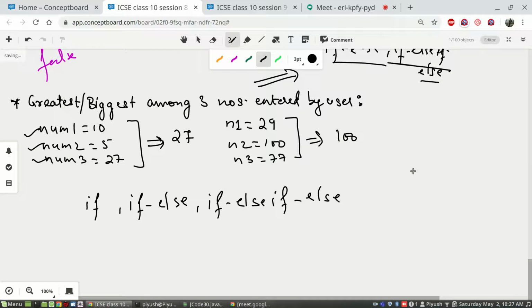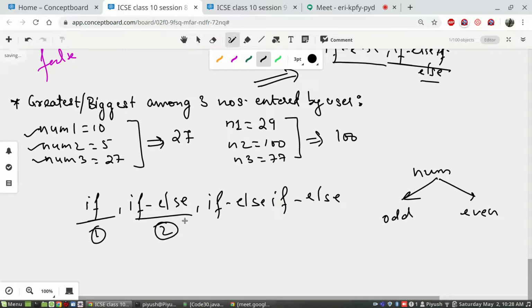See, we have to take one number as input, and we have to check whether it is odd or even. Depending on how many cases you might have to handle, just let me know which of the three, I'll number them 1, 2 or 3, should be used here.